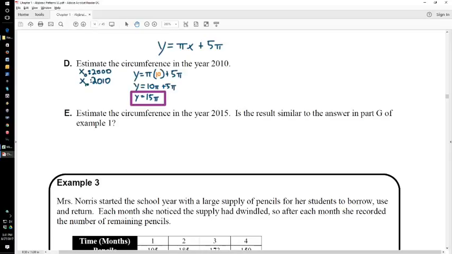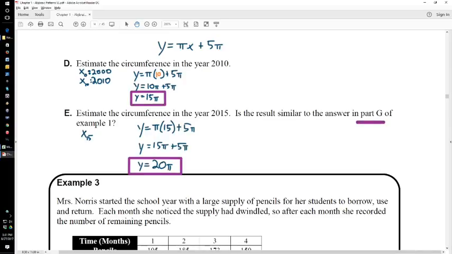Alright. Then it says estimate the circumference in the year 2015. Is the result similar to the answer in part G of example 1? Alright, so estimate the circumference in the year 2015. Well, remember that's an x of 15. So we can plug that in real fast. y equals pi times 15 plus 5 pi. So y equals 15 pi plus 5 pi. y equals 20 pi. And if my memory serves me right, that is the exact answer we got for part G